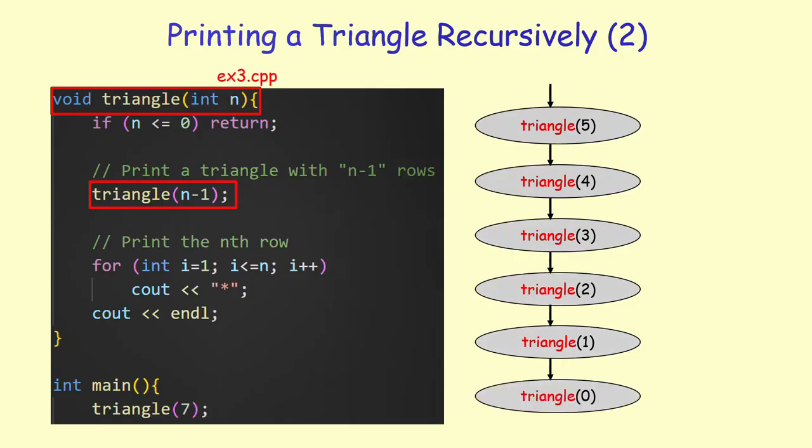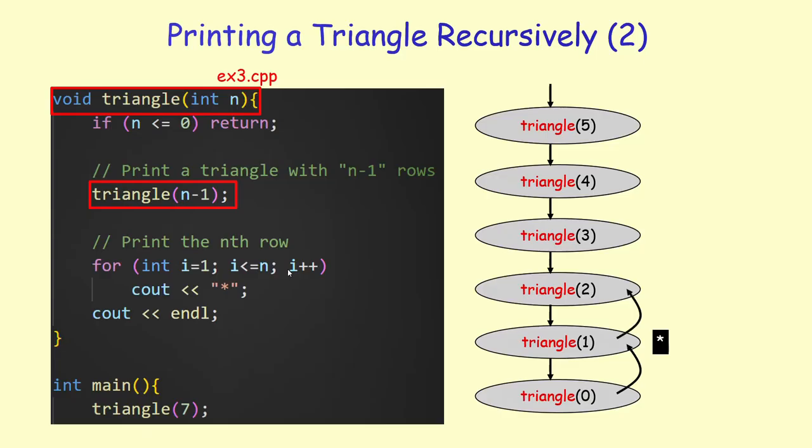So basically, we started with a problem size of 5. By reducing the problem size by 1, we eventually reach the base case, which is when n is equal to 0. When n is equal to 0, we are at the base case. So we hit this statement, n is less than or equal to 0, and we return, printing nothing. But after we return to the context of triangle 1, we are right here in the next statement, and we are supposed to print 1 star character and then a new line character because n is equal to 1 here. So this is going to print 1 star character and then take the cursor to the beginning of the next line.